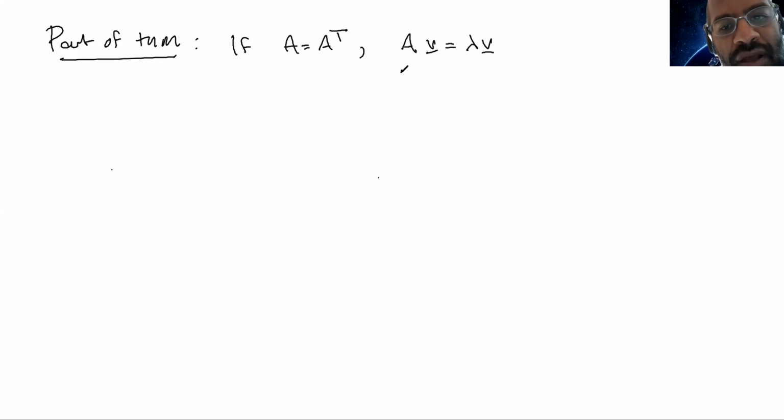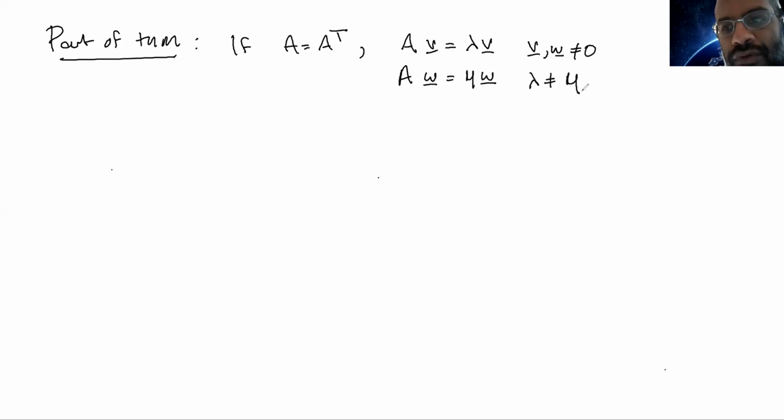One of the things it implies is that if A is equal to A transpose, and you have two eigenvectors of A, A v equals lambda v, and A w equals mu w, both nonzero, so they're both eigenvectors, and these eigenvalues lambda and mu are not equal,